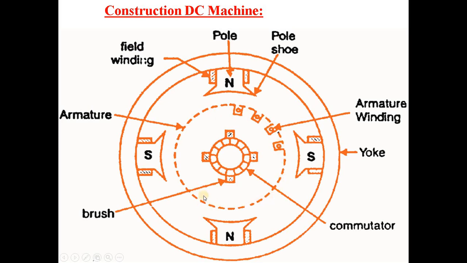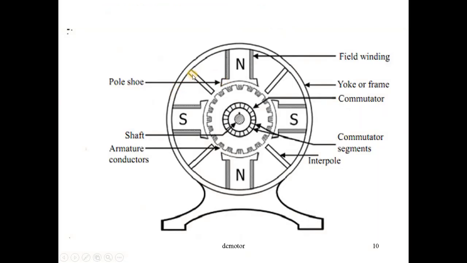Next, this part comes under the rotating part, that is the armature winding. We can see there are armature slots. Inside that slot, the conductor is there. This part is known as the commutator. These are known as the brushes of the machine. One more part is there, which is placed in between these two poles, or one pole pair. This is called the interpoles.